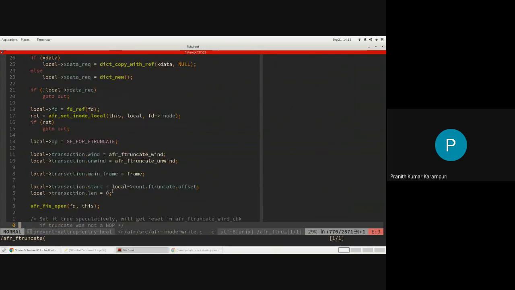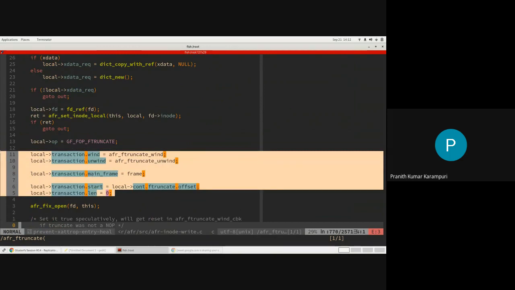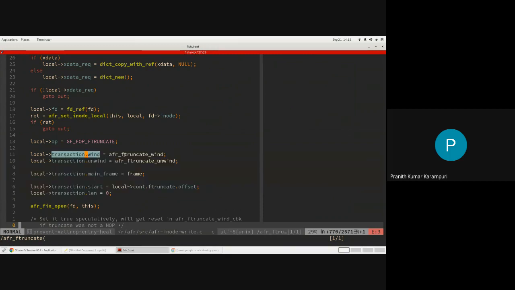Okay, so these are your transaction data that you need to say, for the transaction to wind to the lower translator, which function to call. For the transaction to do the unwind from the AFR translator, which function to call. And the start and length are a way to tell from what place to what place we need the lock.